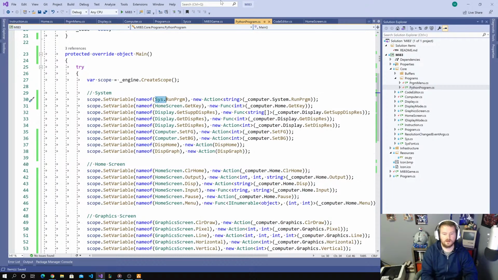And this would be run program. I think I've got get key mapped. Although it doesn't do anything. These aren't set up. And maybe I won't actually have these. Well, I think set and get resolution might be ones, but